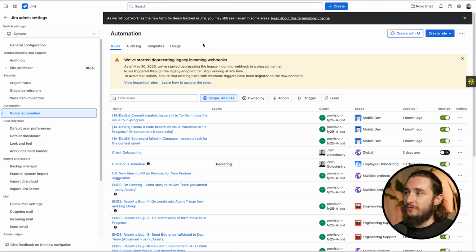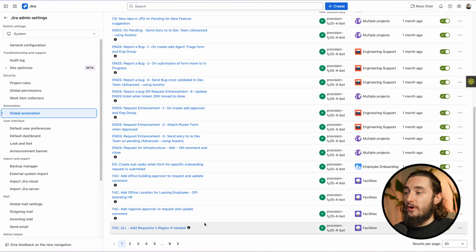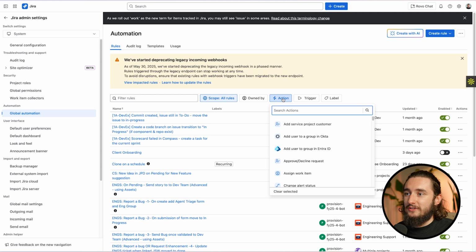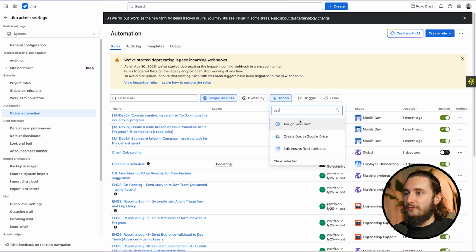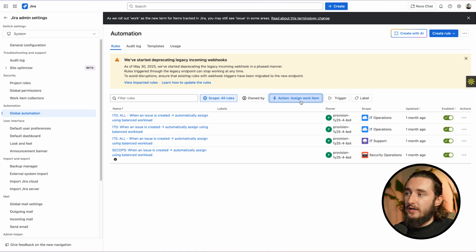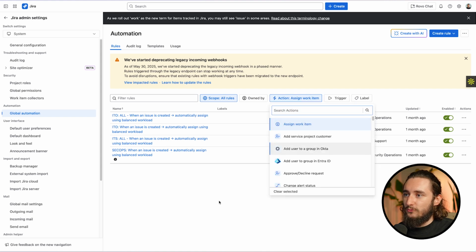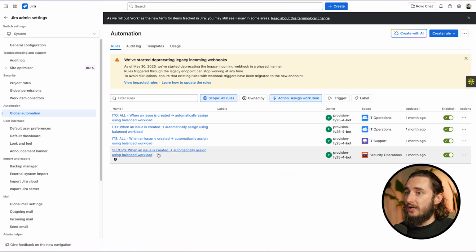So a quick overview of the UI. At the very front page, we're brought to rules, which is just our list of automations. Jira essentially calls them rules, and you could scroll through them, find them. You could add labels to them to make it a little bit easier, and you could also filter by specific actions, owners, and things like that. If you ever get lost and don't know where your automation is, for example, there's quite a bit in this environment, I could go in and find things by a specific action. So maybe I'm looking for something that assigns a work item, so I could add that as the action. I have assign work item, and then these are the ones that actually assign work items, and I could easily find them. Same thing with owners or triggers or labels,